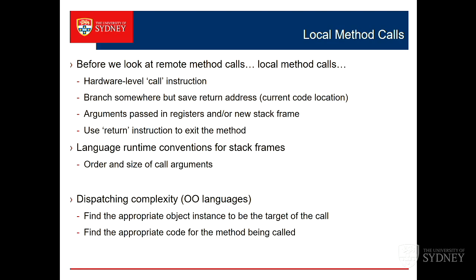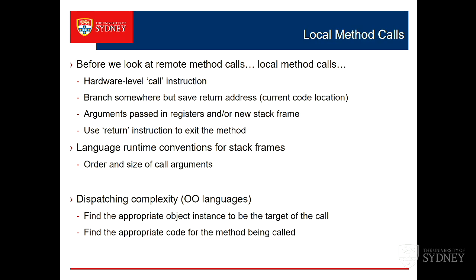I assume you all know how we do a local method call. You've all done hardware courses, you've all looked at instruction sets, you've all done assembly programming. If not, you should have. So our machine has some type of call instruction. It might be called call, and that's effectively a branch to some other piece of code. So we're running along, we do a call, we've got a current location, and we're going to jump to somewhere else and start running code over there. The call instruction simply says, go and do the jump, but remember where we are just now. It may also do some saving of state for us, but that's not essential.